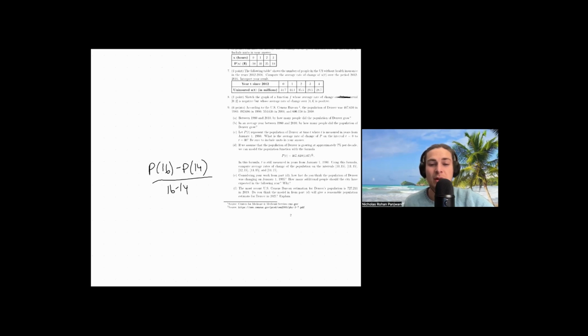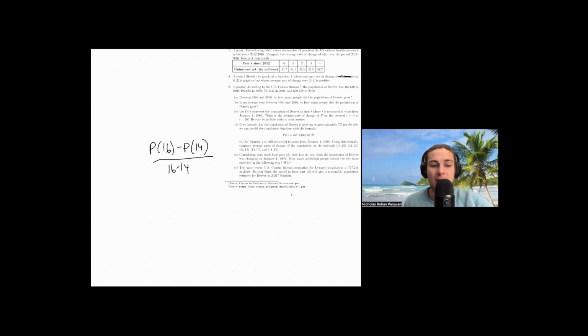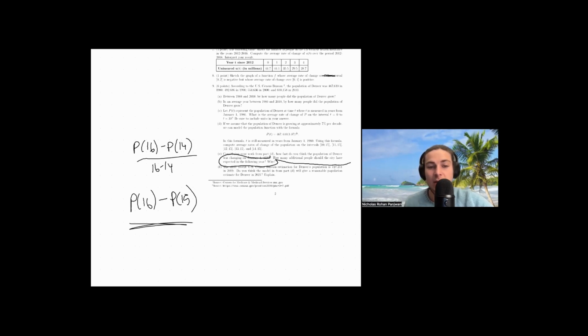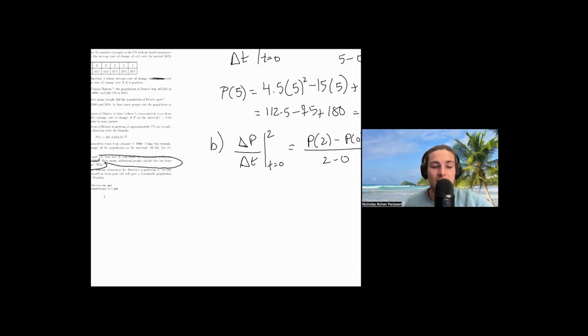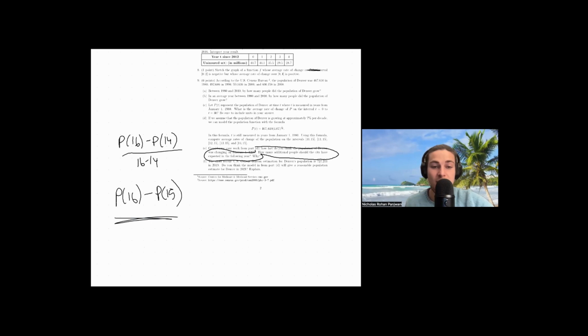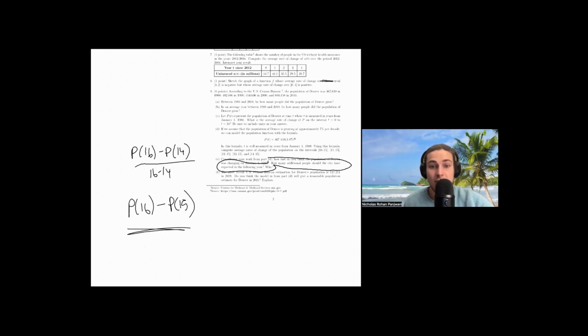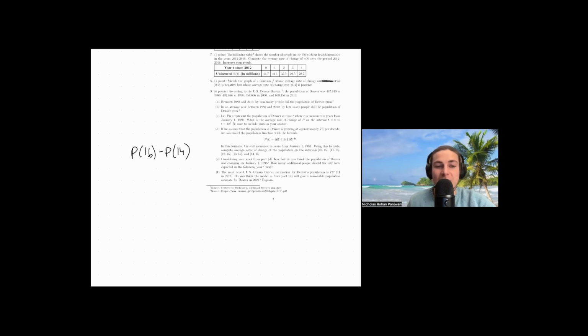And then how many additional people? You could actually do P of 16 minus P of 15, and that should get you an answer for how many additional people. And then the Y, again, what we talked about earlier is one interpretation that would suffice to show your attempt and your effort. But another explanation of this is using the model. That's ultimately what we're looking at for that one. Is your justification somehow based on the model. So if you're doing P of 16 minus P of 15, it would be a slightly different explanation, but